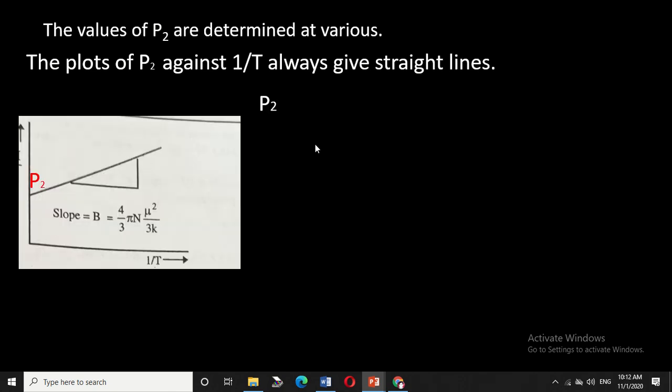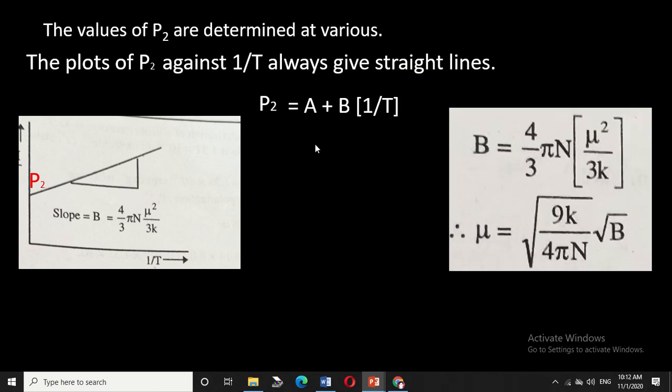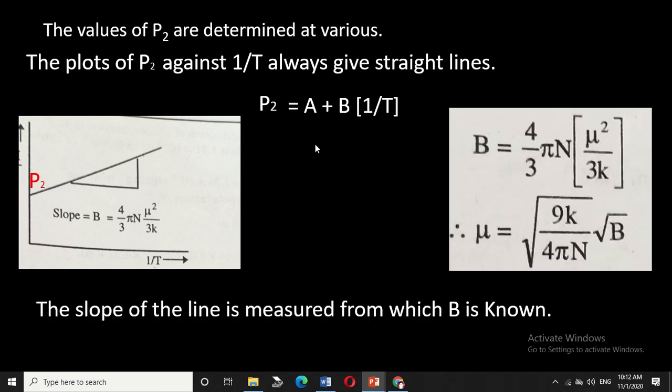The slope of the line is nothing but the value of B. Therefore, B equal to 4 by 3 pi N mu square upon 3k, that is, mu equal to under root of 9k upon 4 pi N times under root of B. Hence, putting the values of all parameters, that is k, pi, N, gives 0.01273 under root of B, and the value of B is measured with the help of the slope. Putting the value of B in this equation, we easily get the value of the dipole moment of